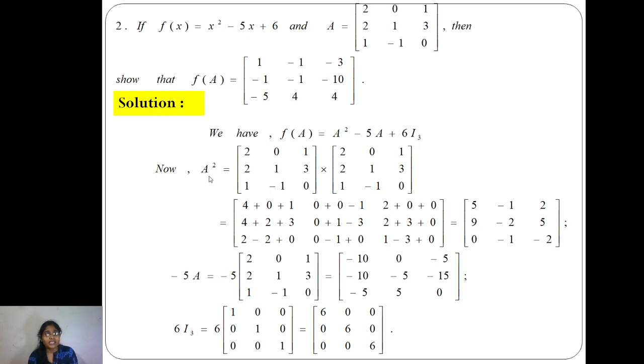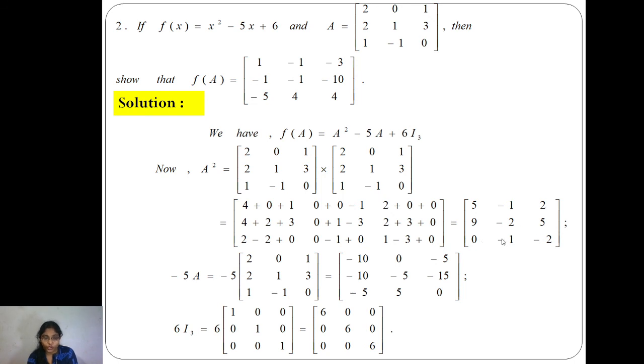Okay, now capital A square equals to A means this matrix, A square means this A into A, this 2 0 1 2 1 3 1 minus 1 0 into 2 0 1 2 1 3 1 minus 1 0. আমরা দুটো ম্যাট্রিক্সের প্রোডাক্ট যেভাবে আমরা বললাম ঠিক একই রকম ভাবে আমি প্রোডাক্ট করেছি। ফার্স্ট রো ফার্স্ট কলাম position of A1 1, second row first column position of A2 1, third row ফার্স্ট কলাম পজিশন অফ A3 1। ঠিক একই রকম করেসপন্ডিং এলিমেন্টগুলোকে গুণ করে আমরা যোগ করেছি, যেটা আমরা পেয়েছি 5 minus 1 2, 9 minus 2 5, 0 minus 1 minus 2।